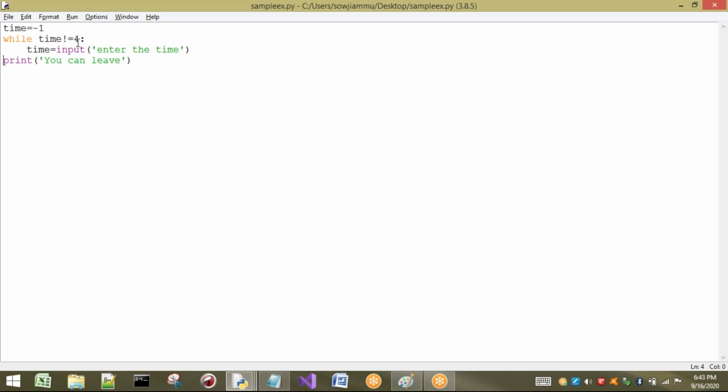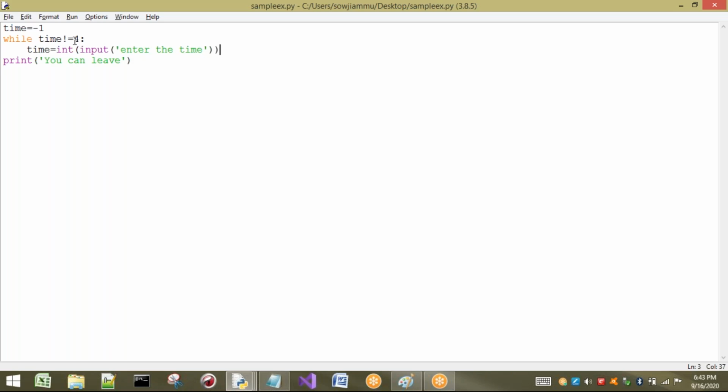While time not equal to 4. Here, Sir, convert it into integer. It will take a string. Oh, okay, right. Very good. So here I have to convert it into an integer. Sorry. Now see here, you can understand clearly. You can take one more statement also.